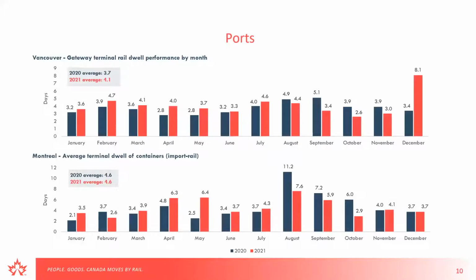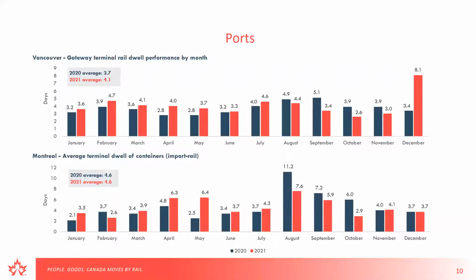So I mentioned that we were talking about some of the port dwell times. We'll look first at Vancouver. In the first 7 months of the year, dwell times were a little bit longer than they were last year. And maybe you've noticed throughout this report, I try to use red for 2021, so that's the data we're looking at, and then blue for 2020, gray for 2019. So there's a consistency there. So hopefully it's easy to maintain understanding as we go across all these graphs really quickly.